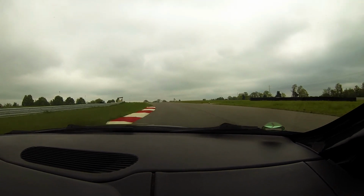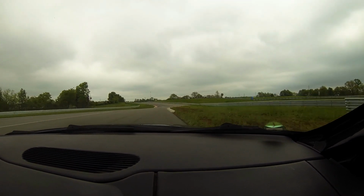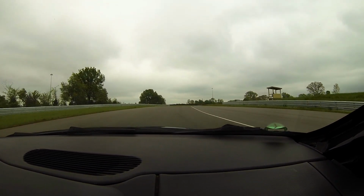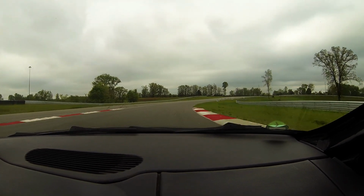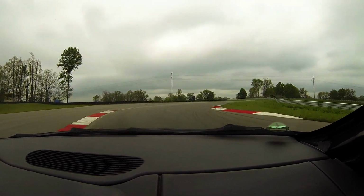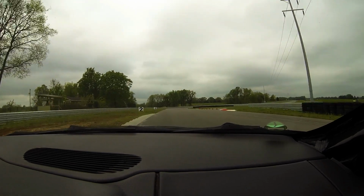And so we don't have any additional lap data other than those first 2 sessions, because I was so blown away by the way that the car handled that I just tossed the keys to Adam and I was like, you've got to try this thing. And he jumped in it and he was like, this is the easiest car to just jump in and drive fast, other than maybe a Spec Miata